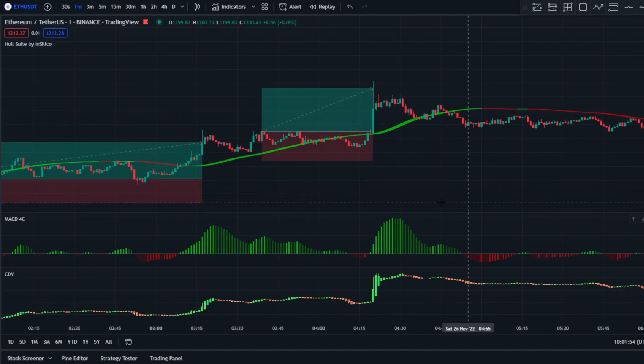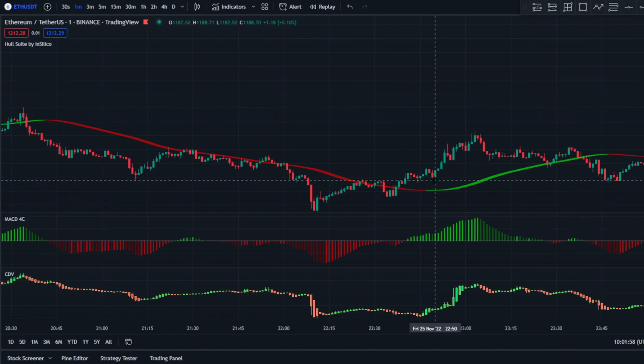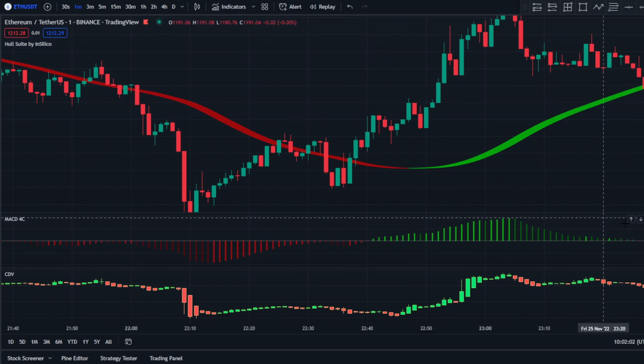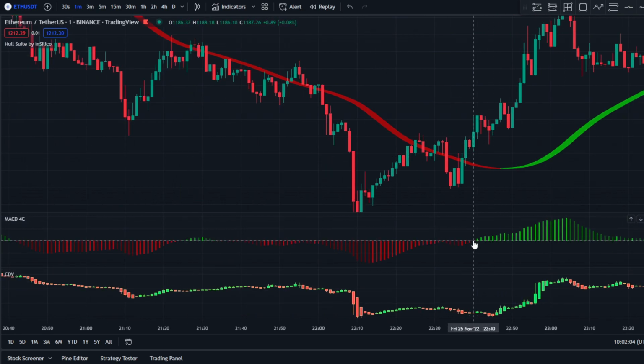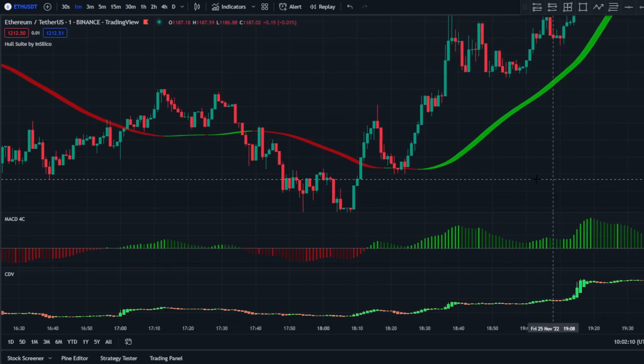So this works also if the candle is turning from red to green. So what do I mean by here? You can see that on the MACD indicator we have this turning from red to green, and that is a valid signal. But however, since the house sweep is red, that is not valid. So let me show you guys another example